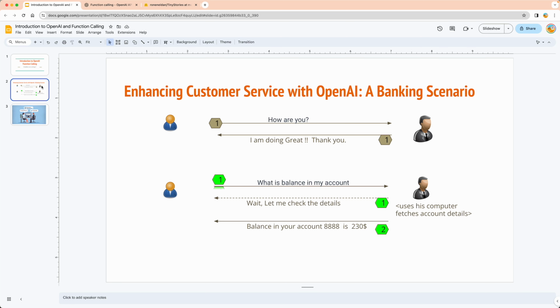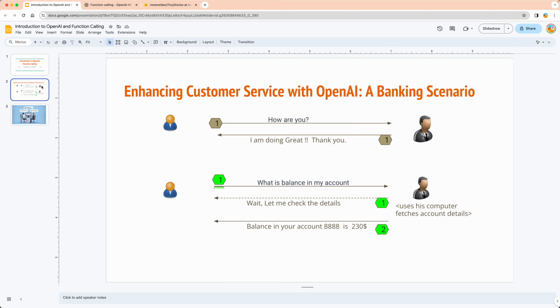He pulls up the computer, fetches the account details, looks into them and tells you, your account number 8888 has a balance of $500 or $230 and things like that. So he gives you two responses when he has to use the computer, or his tools. That's why I said function calling is a little bit difficult to understand, so I really wish you give a little bit more attention than usual.